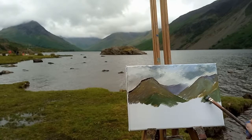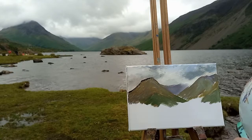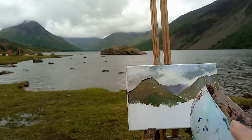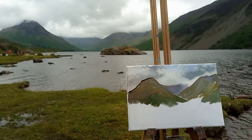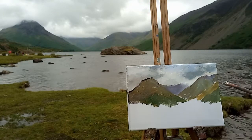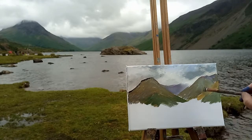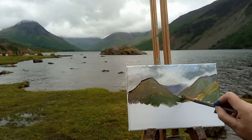I'm just bringing everything past the line of the water and then let it dry a bit and then add the line of the water back in. And I'm using quite a big brush to do this as well. I'm not using a tiny brush to get detail. I'm letting the strokes